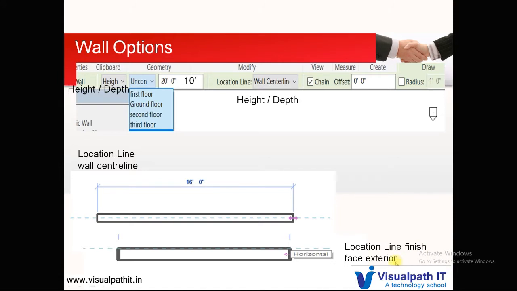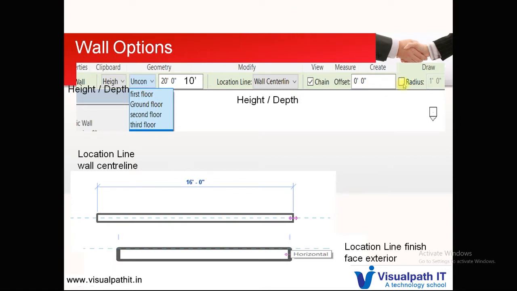So how do you want the measurements to be? Finish face exterior means the reference line that you see, the blue dotted line, the 9-inch will be taken from that exterior. Wall face interior means the reference line will be here, and your wall will be drawn from that line to the outer side, which will be taken 9 inches outer side.